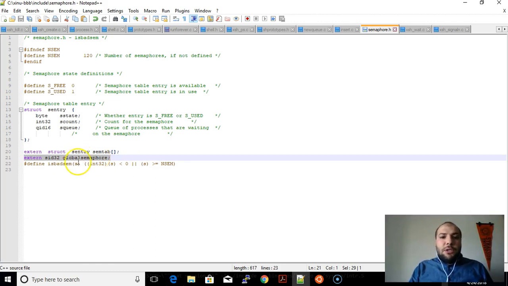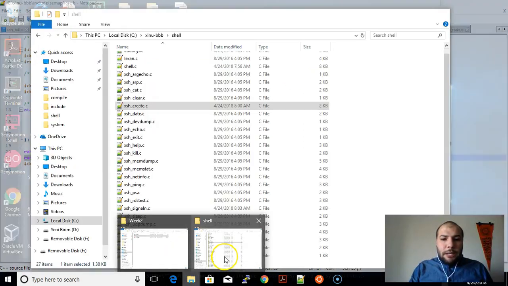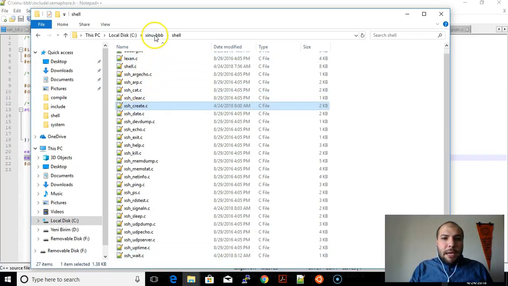So this is just to make sure that anybody who includes this file, and once you include xinu.h, you're also including semaphore.h, and whoever includes this will be able to see the global semaphore to wait on it or to signal it. But somewhere you need to also define this, and that is the main function where I define that. So let's just go to the main